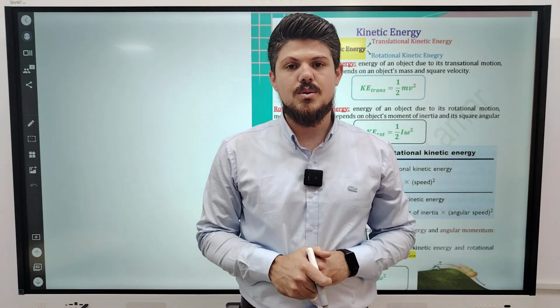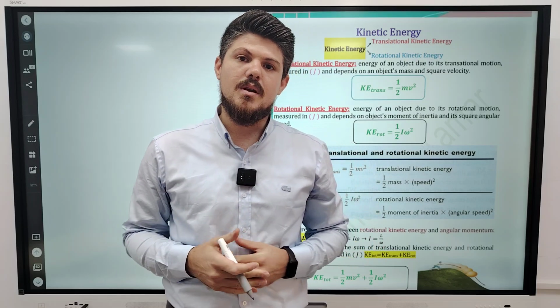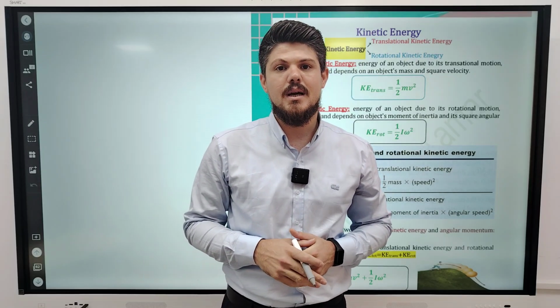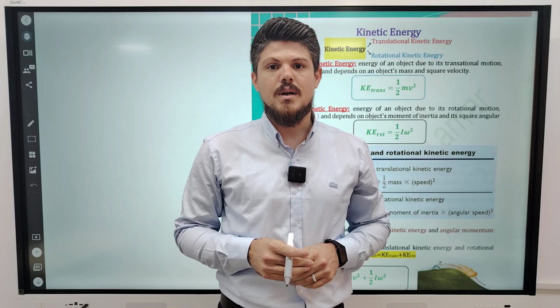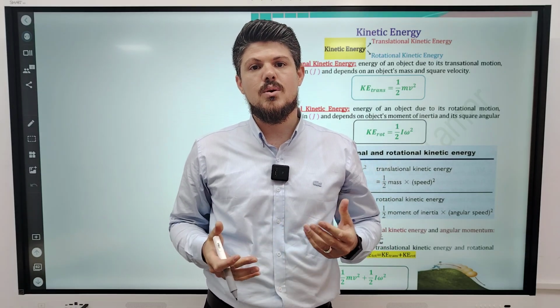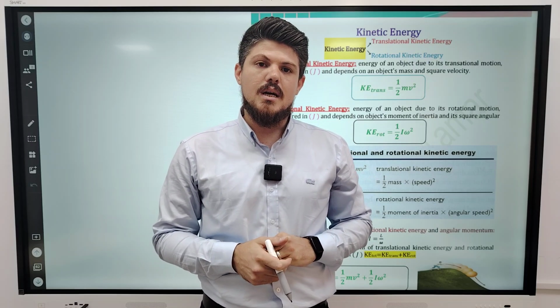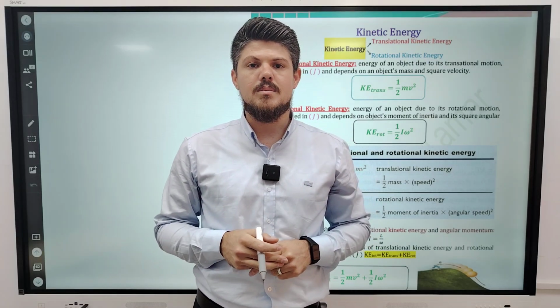On today's lesson, we are going to talk about the rotational kinetic energy. If you remember in a previous lesson, we talked about the conservation of angular momentum. The angular momentum is conserved in the absence of the torque. When the net torque acting on the object is zero, this object has a conservation of angular momentum, such as